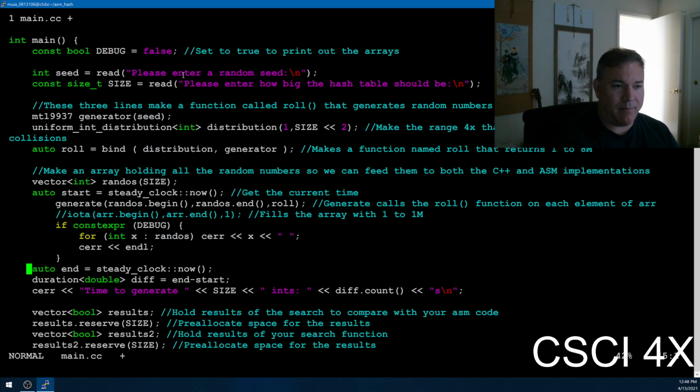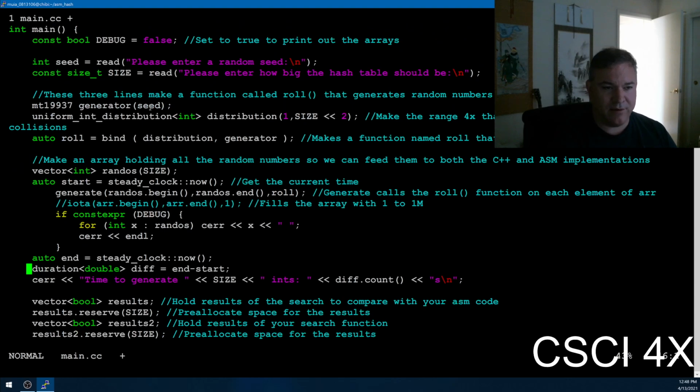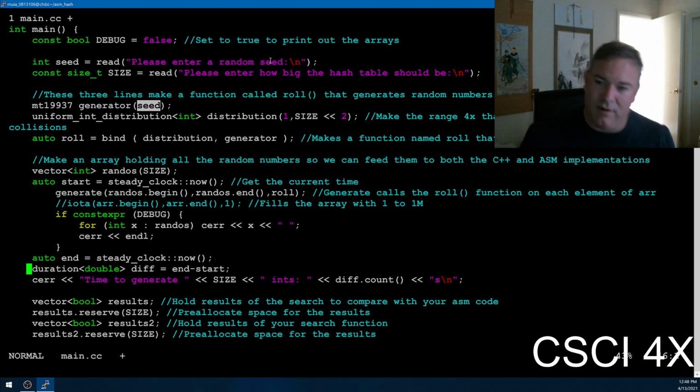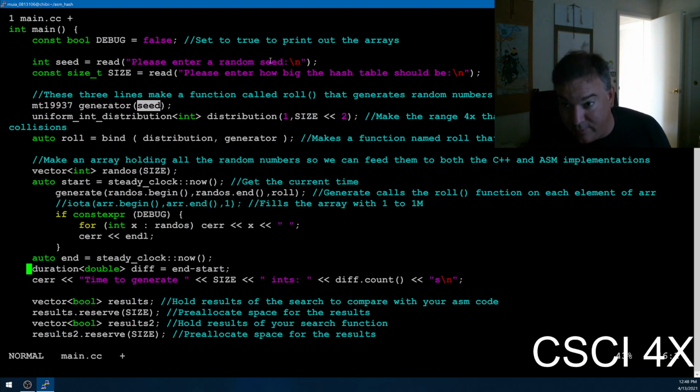Okay. So this is how you seed a random number generator, and I picked the Mersenne Twister because it's generally considered to be a good performance, good quality random number generator, rather than leaving it up to the default, whatever that is, which might actually be